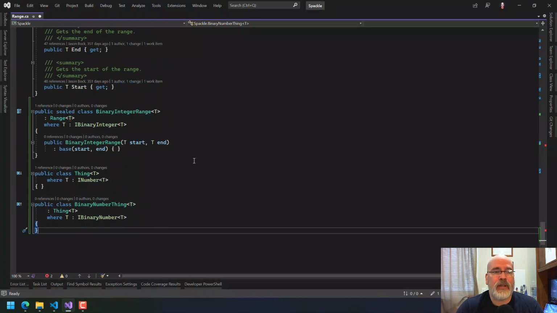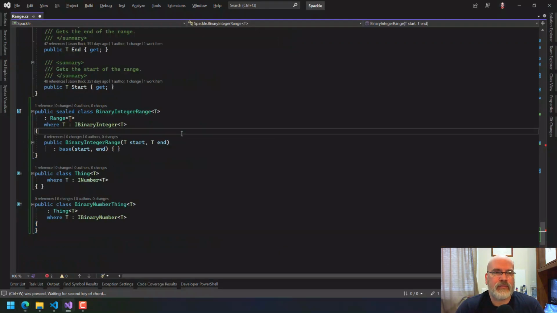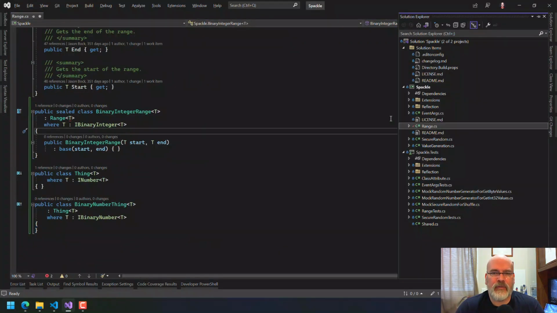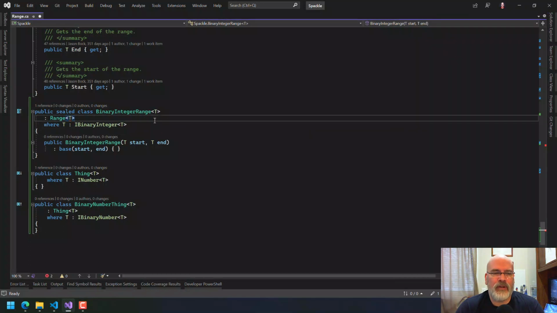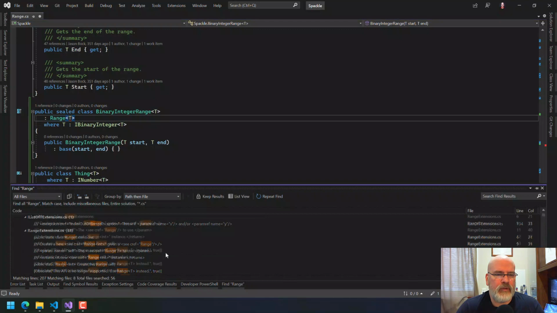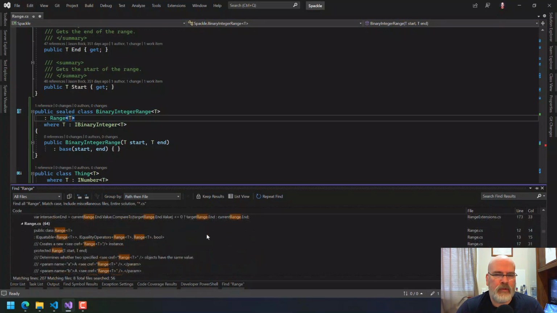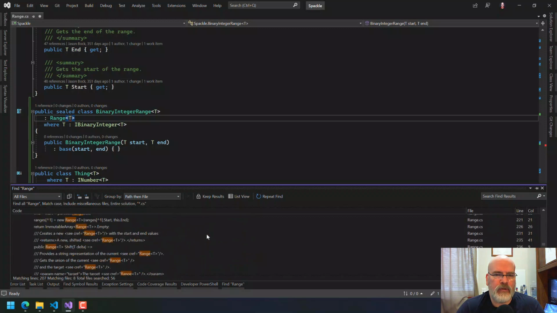And I cannot see for the life of me what the problem is. Even when I copied all this code over here, it does not fail this way. There cannot be another range defined somewhere. Is there? There's range extensions. Those are all just the range types. This is my class range.